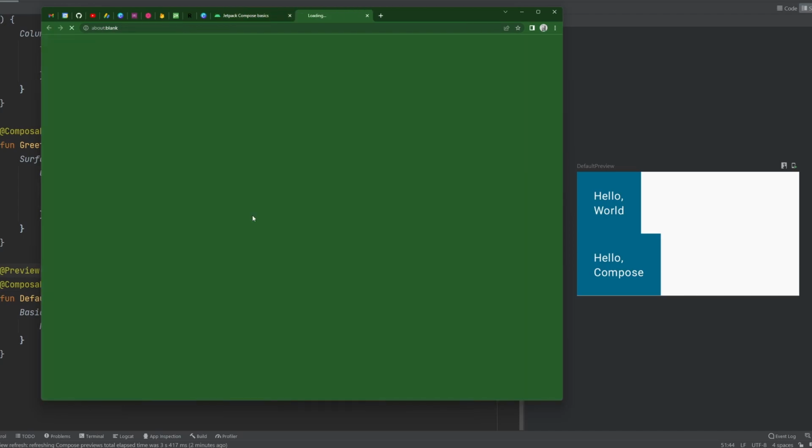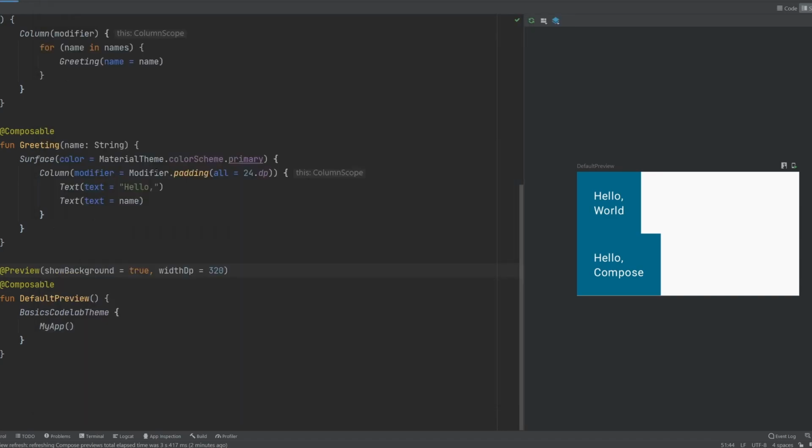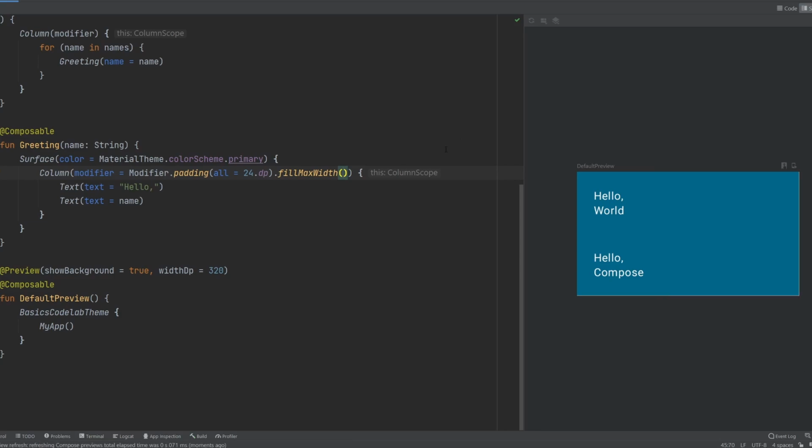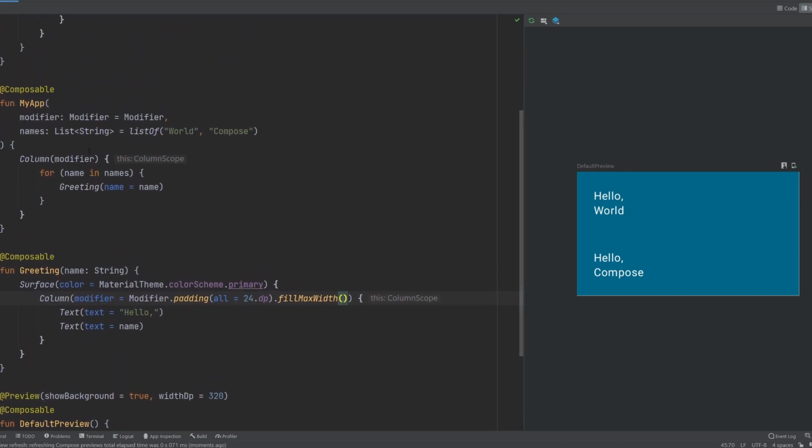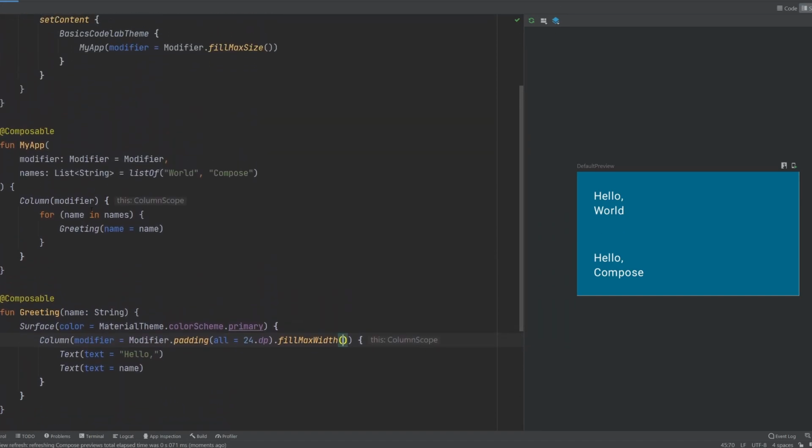So let's see. We have a fill max width modifier that we care for. What would that do if we add it onto the greeting column? Okay, so that pushes all of these out. And then what did we want? We wanted some padding around the edges. So let's see, how can we get padding around the edges? This is going to be one